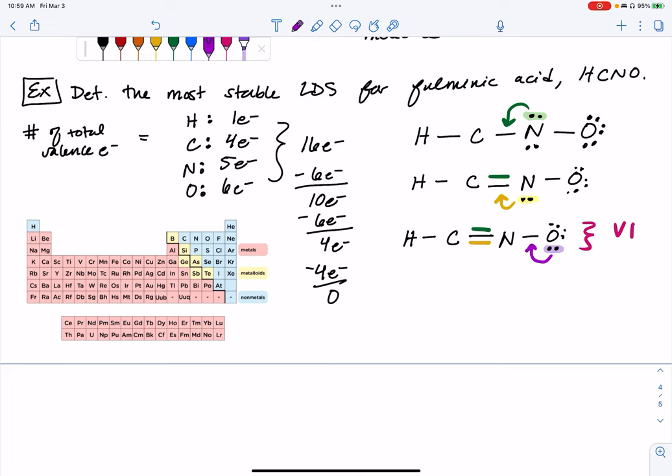Now you might be looking at that and saying, well, why? I mean, wouldn't this nitrogen not want that because it already had octet? And you would be absolutely right. If we were to force this oxygen to create a double bond to nitrogen, then there's no way that the nitrogen can retain its triple bond to carbon. So in this lone pair being the one that creates a double bond to nitrogen,